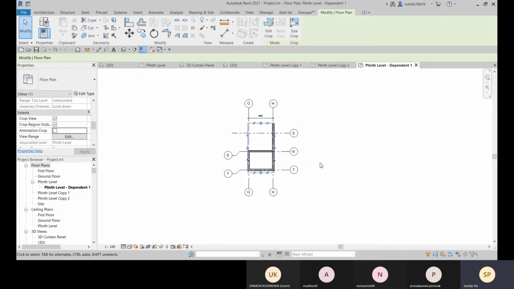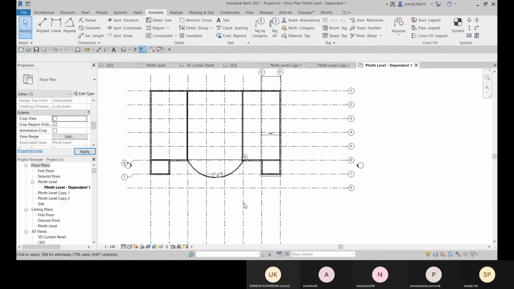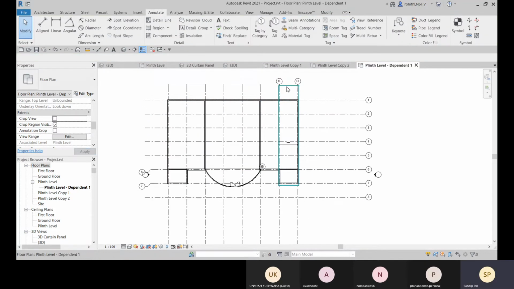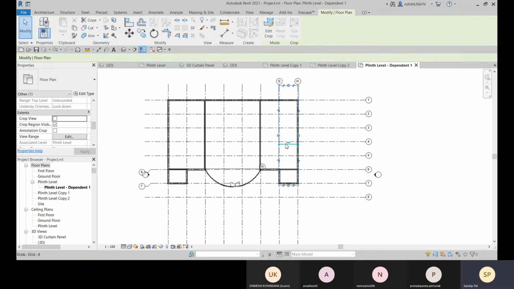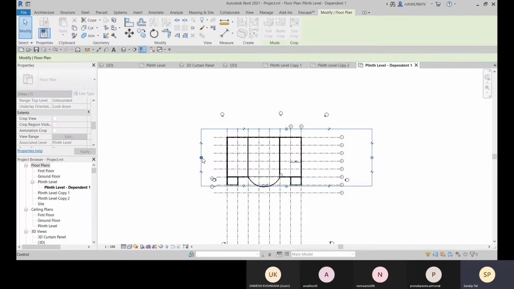So now let me uncheck this option. I don't need that annotation crop. Here also I can uncheck this crop view, and here you can unhide this.